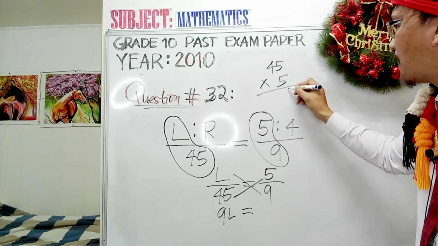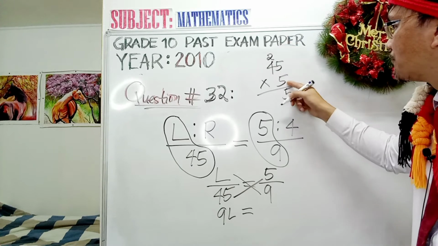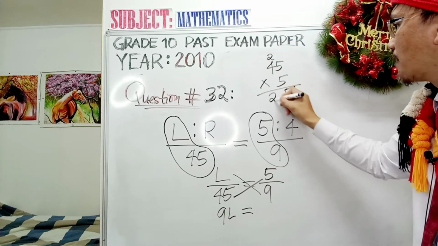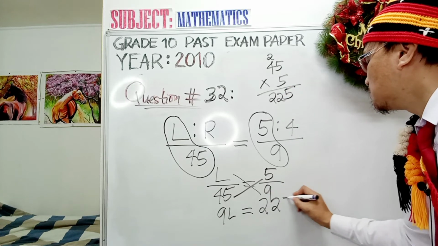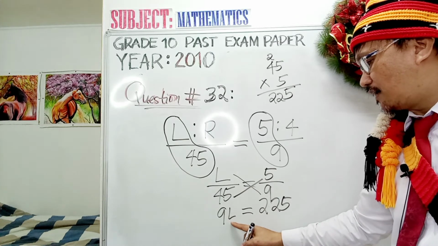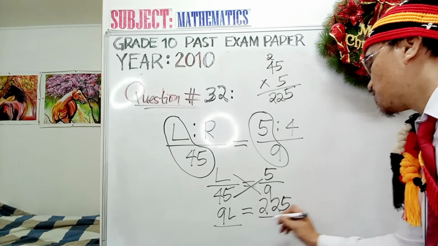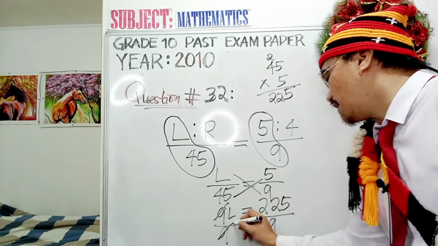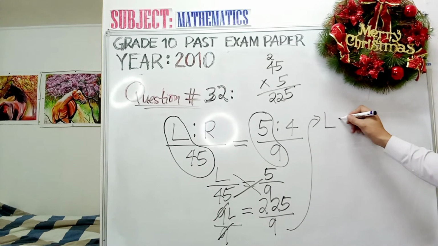5 times 5 is 25. Bring down 5. Carry 2. 5 times 4 is 20 plus 2, 22. So this is now 225. To find the number of Lynette's messages received, you're going to divide both sides by 9. Cancel, cancel. You are now having Lynette messages as